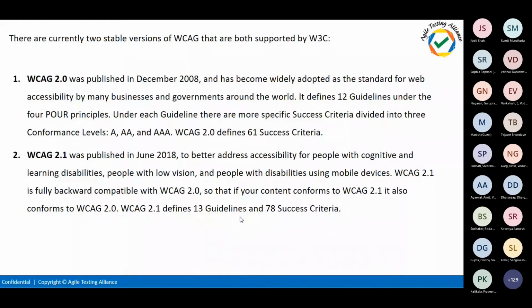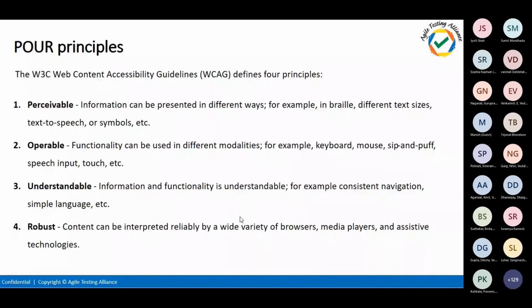On WCAG 2.0, we had 61 test cases under 12 guidelines, and right now that has been updated to 13 guidelines with 78 success criteria in WCAG 2.1 under the same levels: level A, level AA, and level AAA. Apart from that, we also have a few more principles, like your test case will be falling into these four principles.